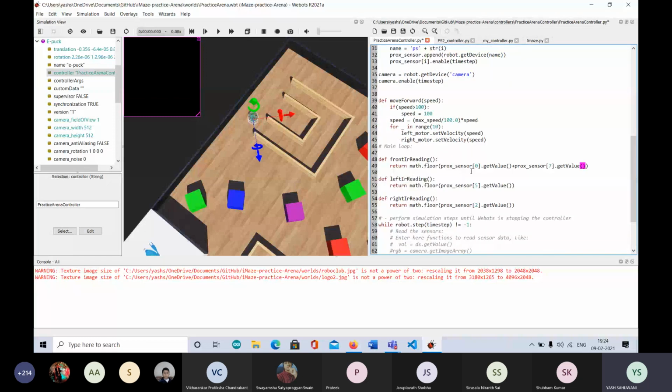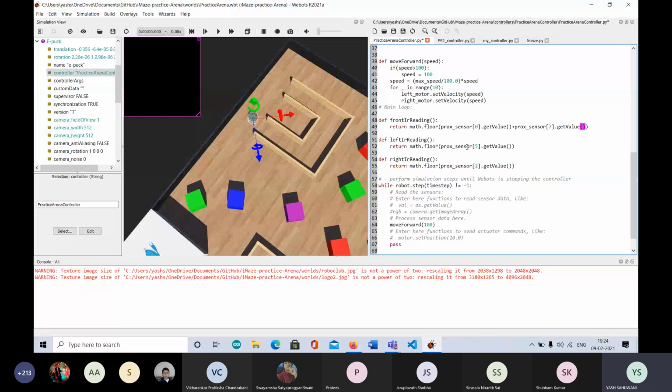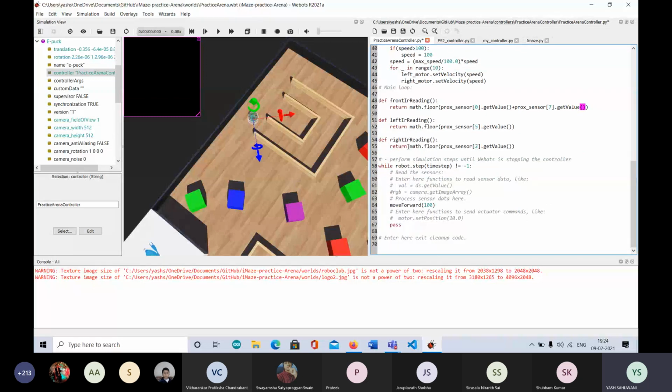So I access PS0, which I told you is one of the front sensors, and PS7, and I get their values, add them, and return the floor value. Then I use left IR reading, which is PS5, and right IR, which is PS2, right? And I get their values.